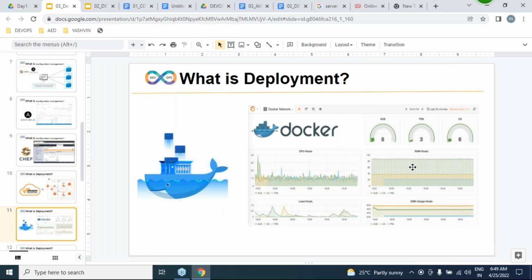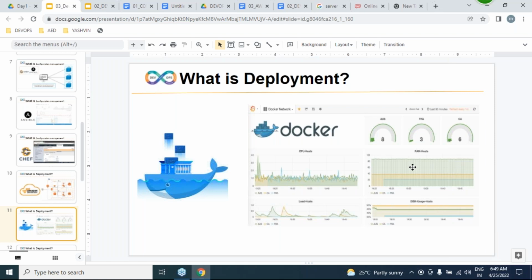We can run business by using Docker containers also. So we can do business with physical servers, virtual servers, cloud servers, or else we can deploy applications on Docker containers also. Docker container is just for deploying our applications only.